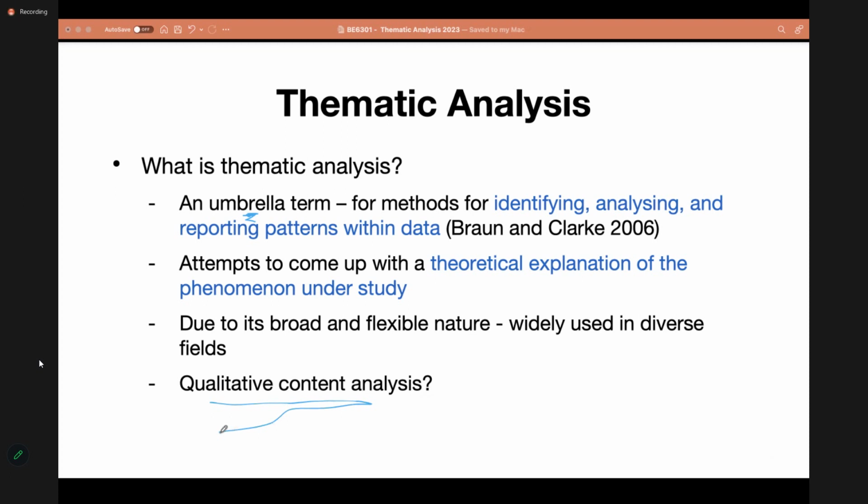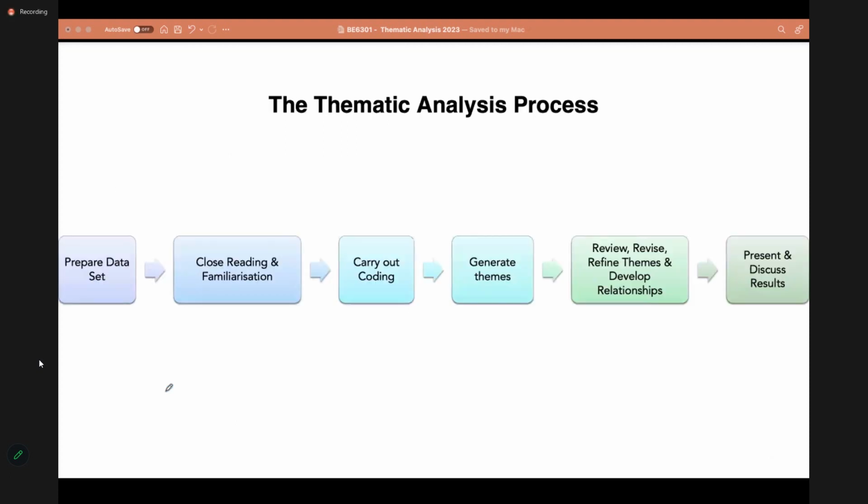So the previous one was quantitative content analysis, where you try to count the frequency of occurrence. And here, this is a more qualitative method of analyzing qualitative data, known as a qualitative content analysis technique.